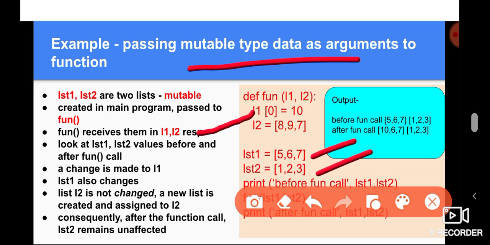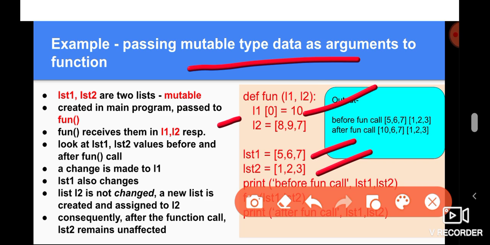To l1, it is changing the first item at index 0 from 5 to 10. lst1 has the first item as 5, but the argument variable l1, which receives lst1, is changed by the function such that the first item becomes 10 instead of 5.